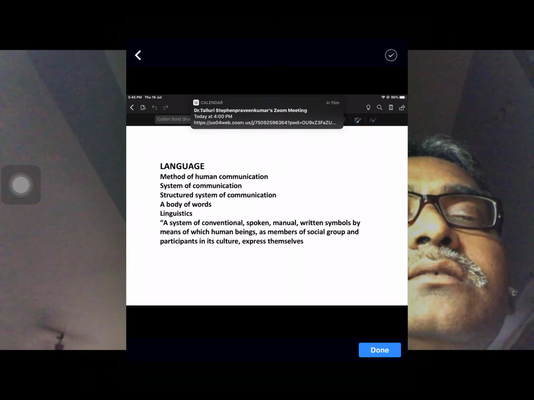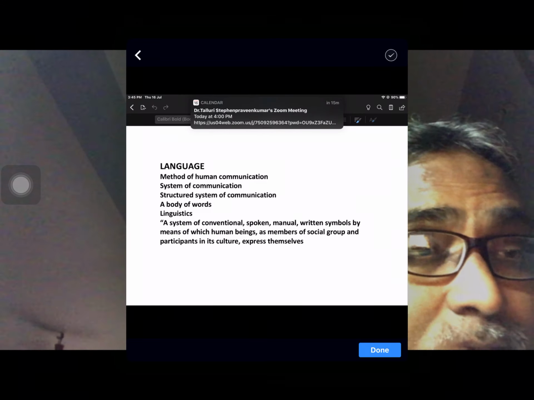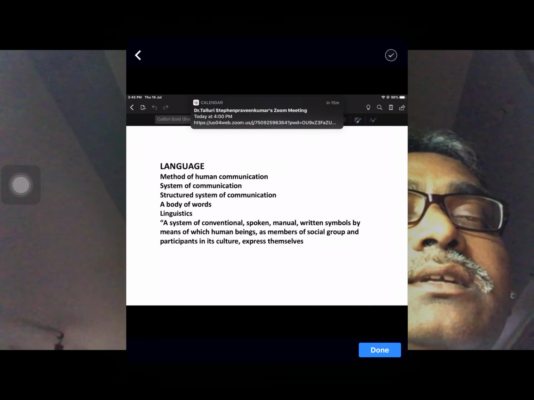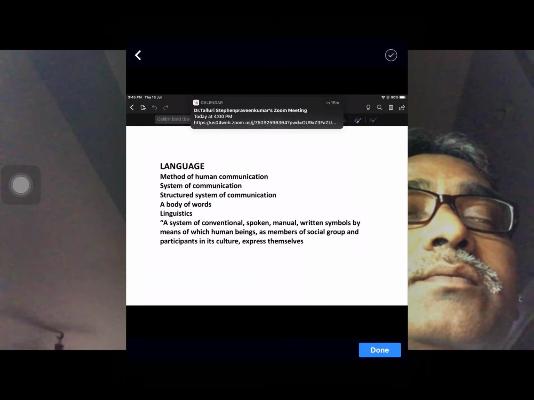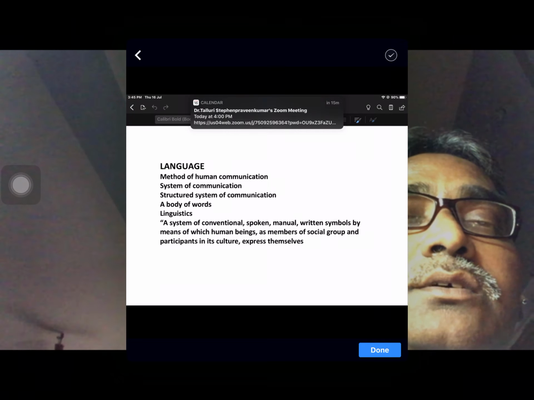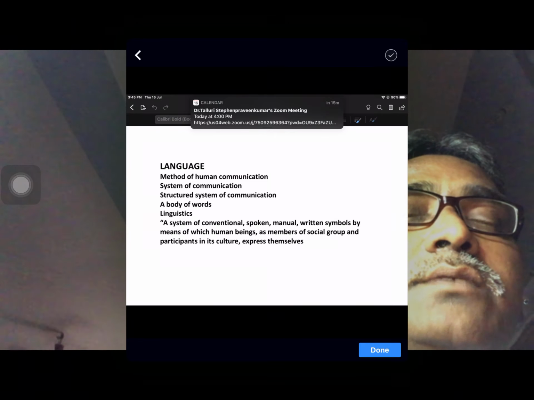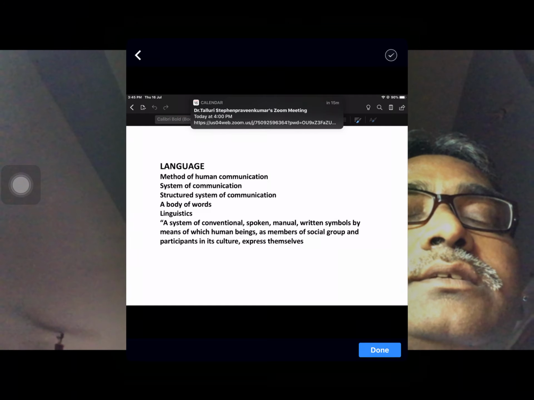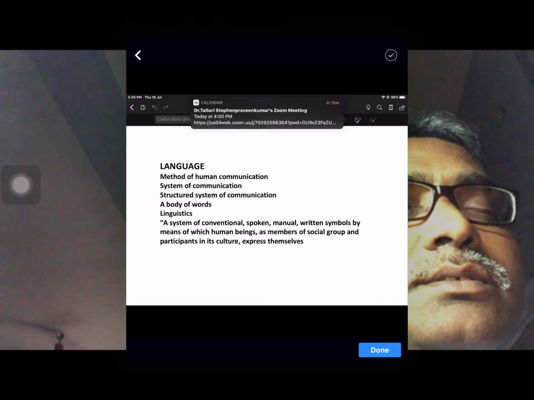And the third one is not simply a system, it is a structured system of communication. So here I am using different words in different contexts. I am using different words in different sentences. So if you want to give an answer, there is a structure. If you want to ask a question, there is another structure. If you want to express your anger, your sorrow, your joy, there is another structure. If you want to say good words, if you want to wish, if you want to greet, there is another structure. So in this way, we have different types of sentences in English which can be used in different situations. That is, each sentence has got its own structure.